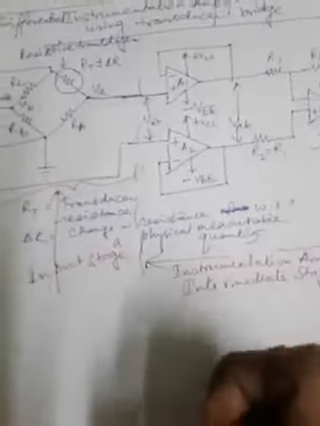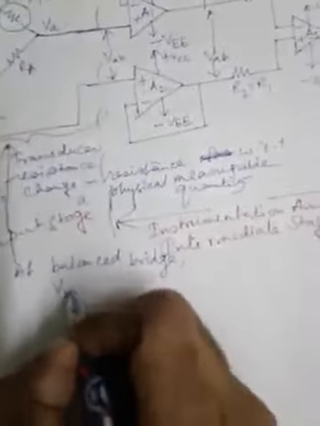For the balanced bridge, at some reference condition, we should be finding that at balance it is VB equal to VA. So for the balance condition, these two, VB and VA, are equal, and there should not be any voltage at the input of the two op-amps. So VAB should ideally be 0 at balance condition. So now how to find this VB and VA?